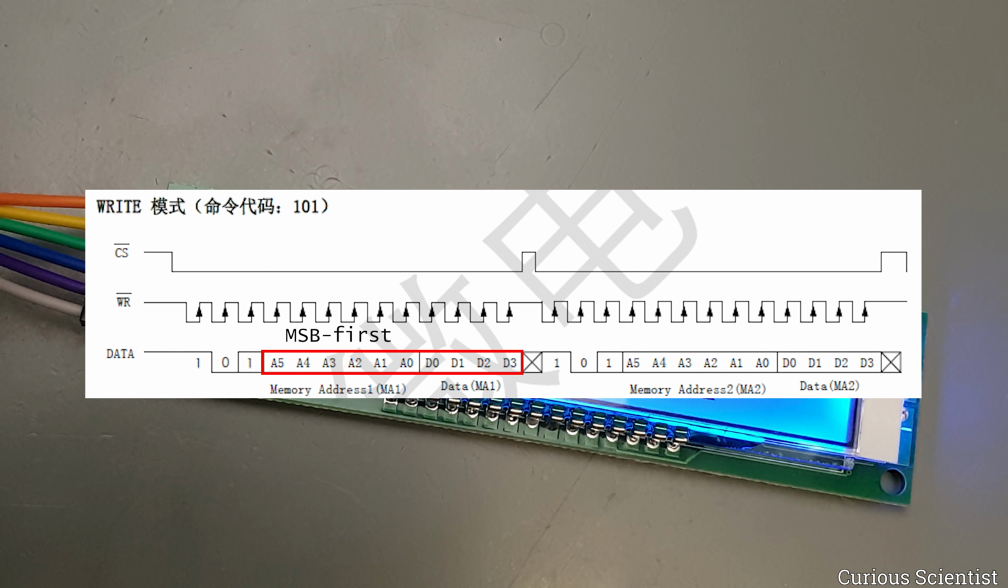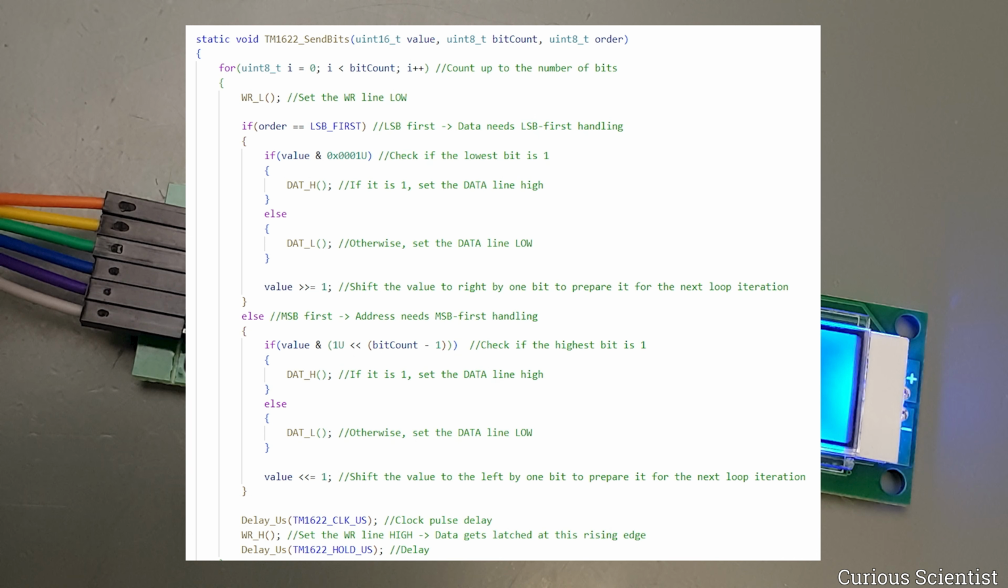So the addresses must be sent as MSB first data, and the data must be sent as LSB first. On the microcontroller, both data and addresses are stored in the same format, but they must be shifted to the display in a different order. Finally, after some delay, the WR pin is pulled back to high, and after another short delay, the code jumps